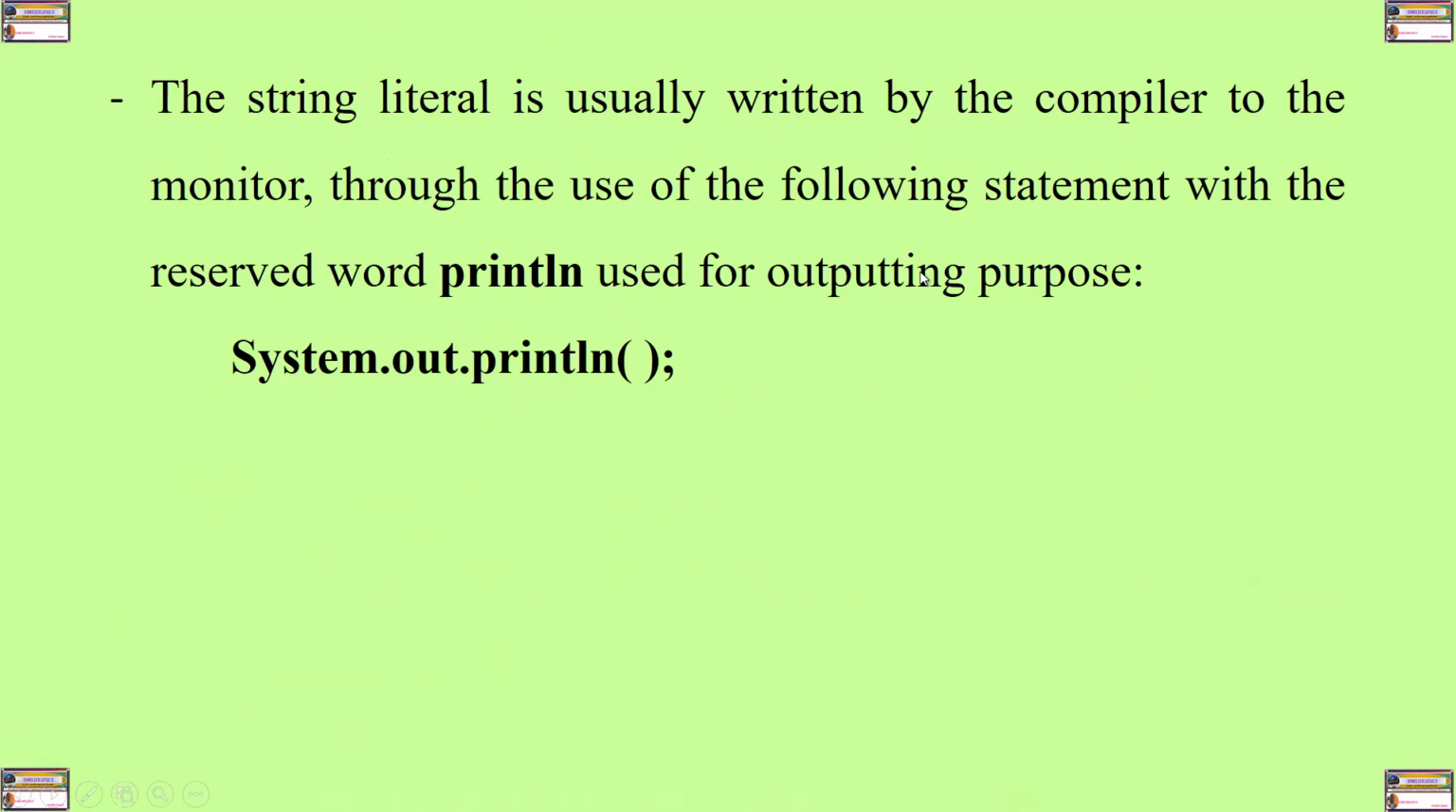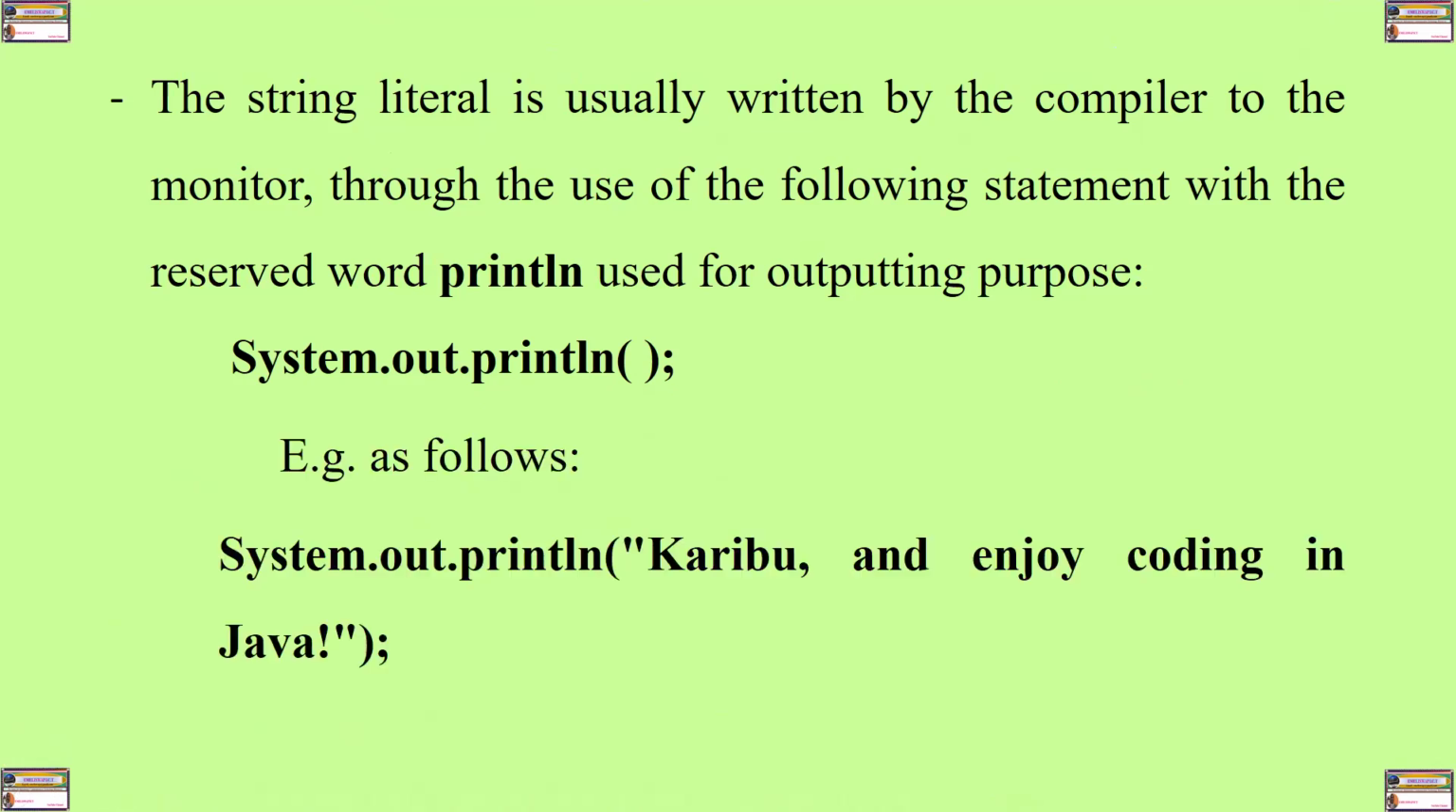So, just as I have said, every output statement will always be preceded with three keywords. That is System, with the S in uppercase, System.out.println. And then the rest, you enclose in parentheses and you terminate that statement with a semicolon. For example, System.out.println("Karibu and enjoy coding in Java");